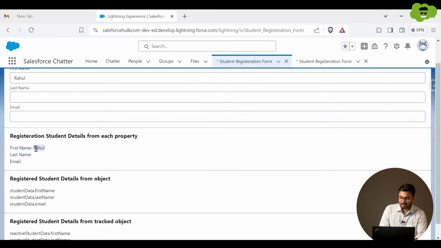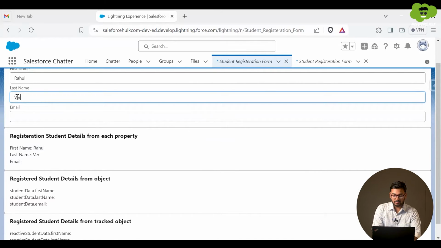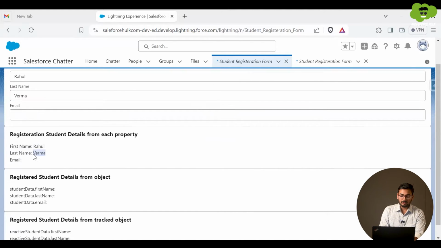Here in this property I am showing the name, like now in the last name I'll assign Rahul Verma, right? So that's getting printed over here, reflected over here.